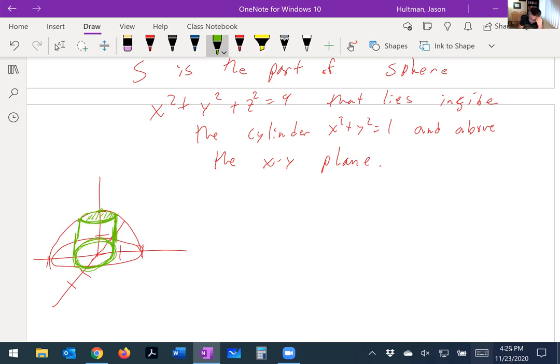So it lies inside the cylinder, but below the